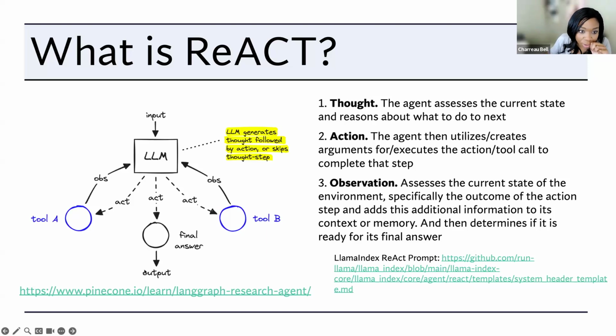In this example, is the model only going to stop when prompted by the end user? Such a good question. The question is basically, how do these agents know when to stop? They stop when they have evaluated that they have found, or are able to deliver, the final answer.